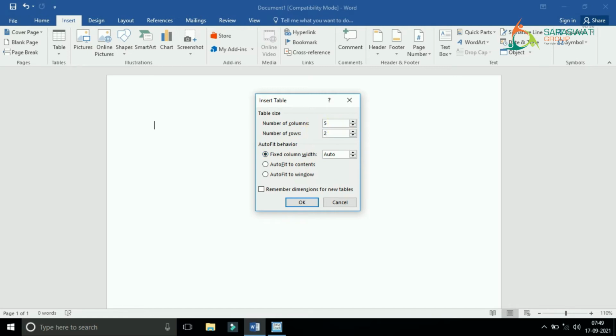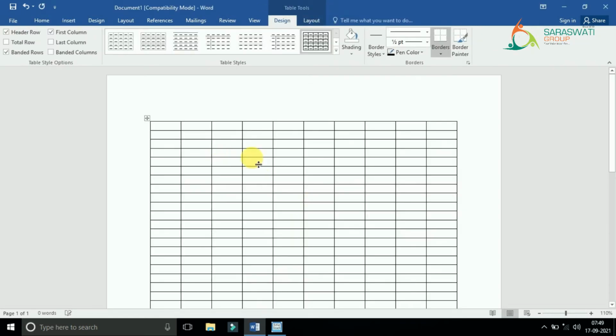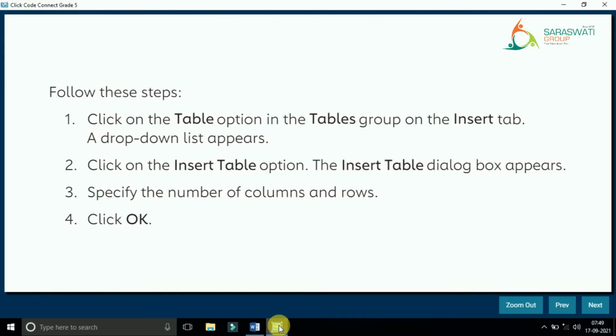As per your choice, you can write the number of columns and rows. After writing the numbers, you just have to press OK. According to the numbers you have provided, the rows and columns will appear. Right? Now see in your textbook.